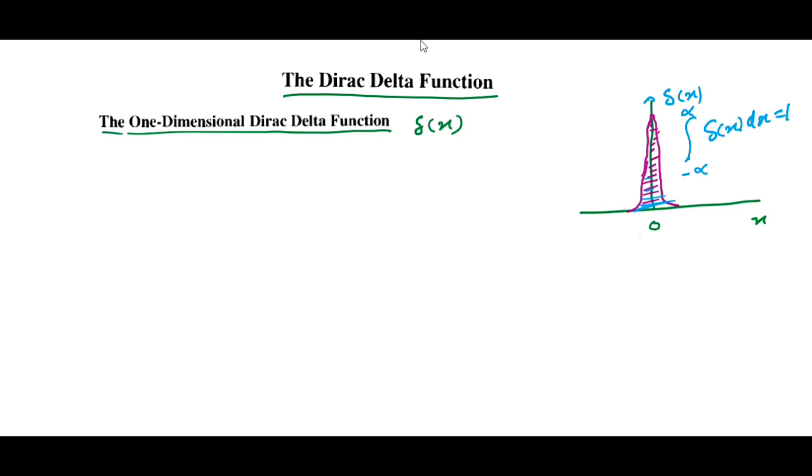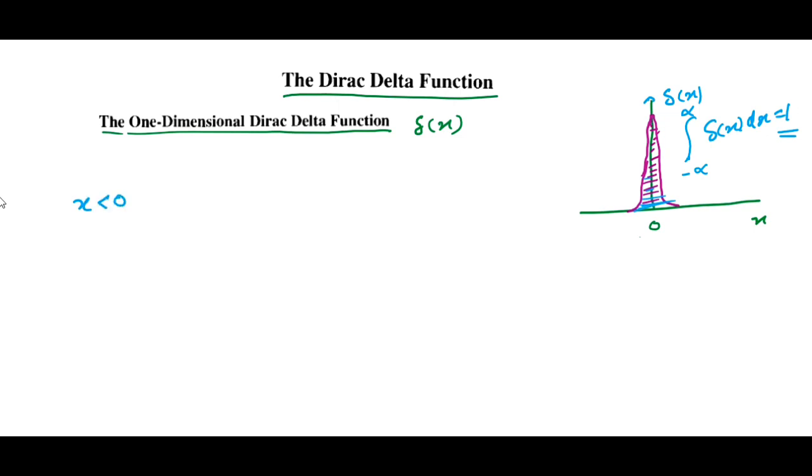Okay, this delta function is not a usual function. This delta function has an area that is equal to 1. Okay, this is the picture of the delta function, and if we denote the properties of this function, that is,